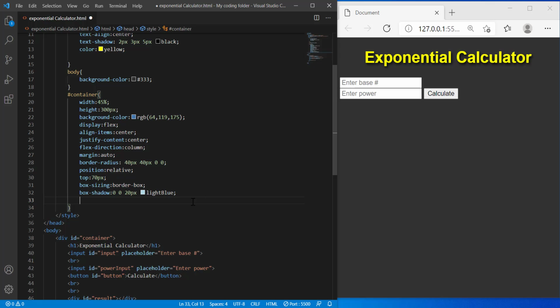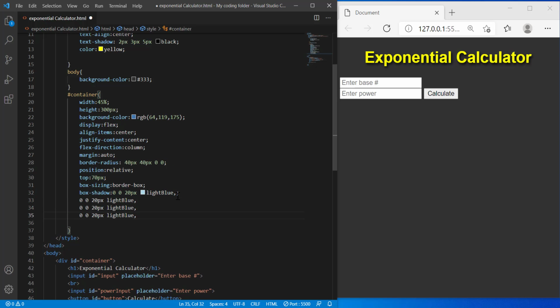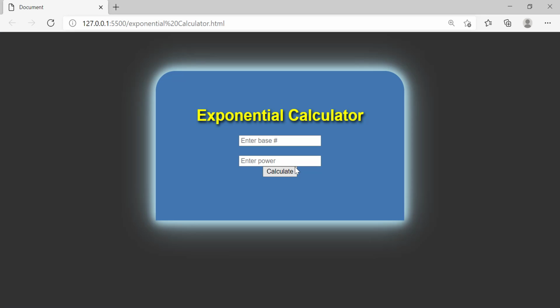And I'll just copy this value down a couple of times to give it that nice glowing background. So 3 more times: 1, 2, and 3. And I can get rid of this semicolon and just type it down here, and also change the values of these pixels. So I'll change this to 60. And now if we refresh, we'll have this rectangular